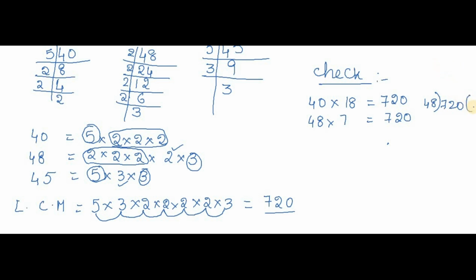720. 48 2s are 96, so that is the reason we take 48 1s are 48. And from 2 we can't subtract 8, so borrow, and this will become your previous number 6, minus 4 is 2, 12 minus 8 is 4, and 0 will come. 48 5s are 240, means 48 15s are 720. Now in the same way we will check for 45 also.